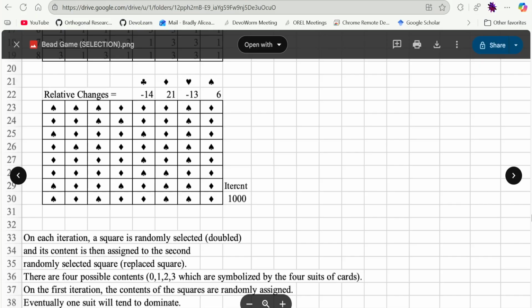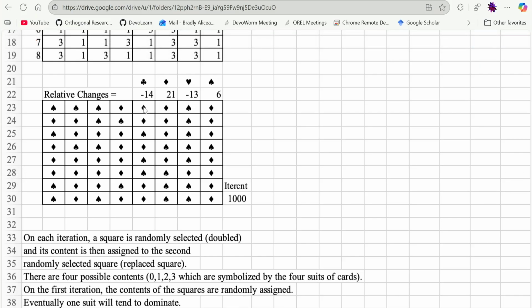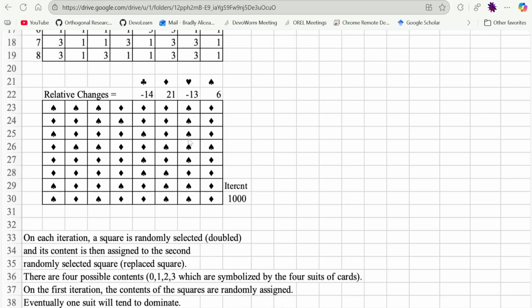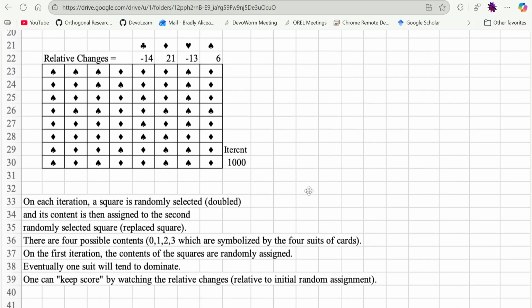that predominates the board. And so in this case, I don't think that's the case in this iteration, but for later iterations, say for example, we look at this, we have all 4 symbols evenly represented on the board. We keep playing the game as we see here in the rules, and then we end up over time with enough iterations getting a single symbol that predominates. So you might have most of the board filled with hearts, or all of the board filled with hearts.